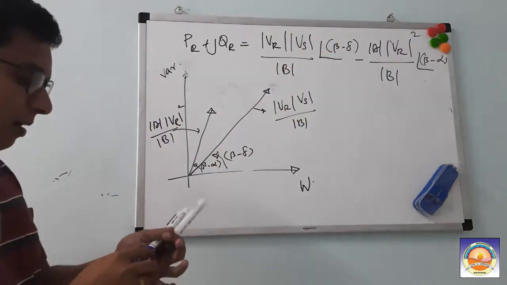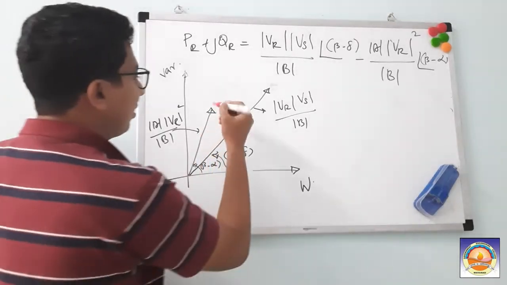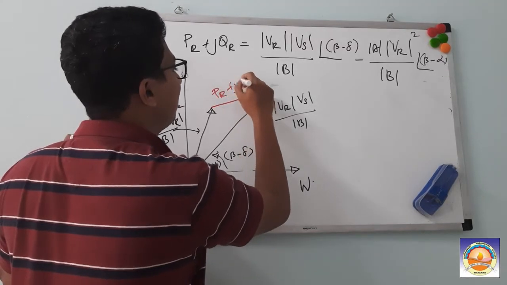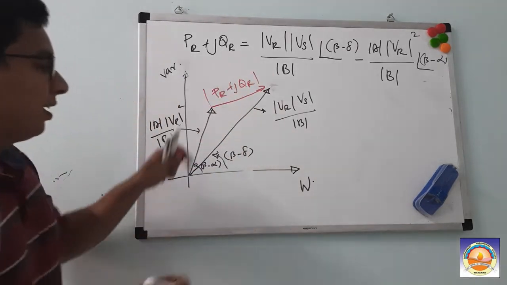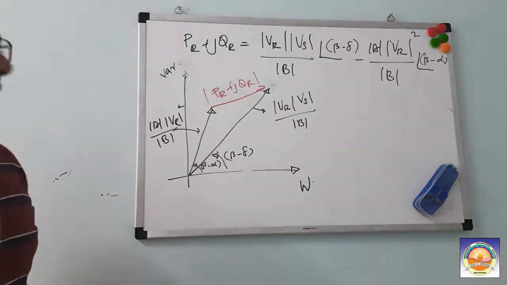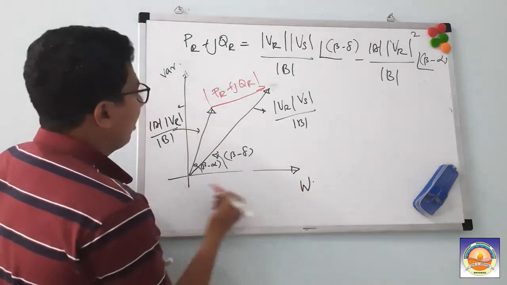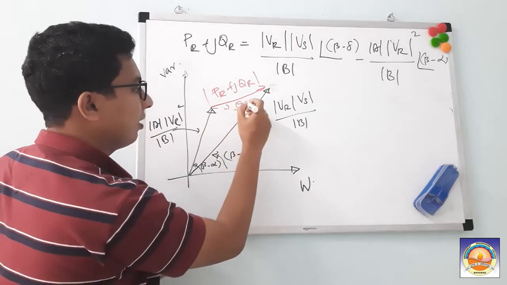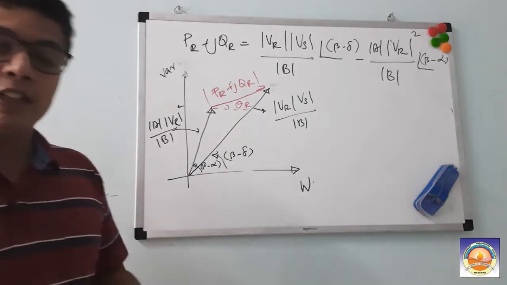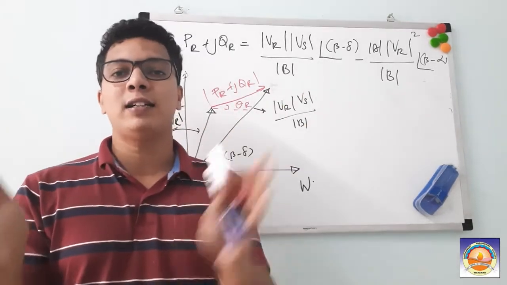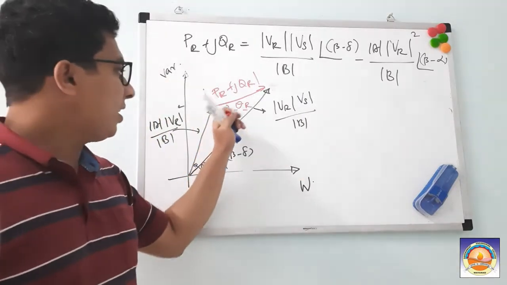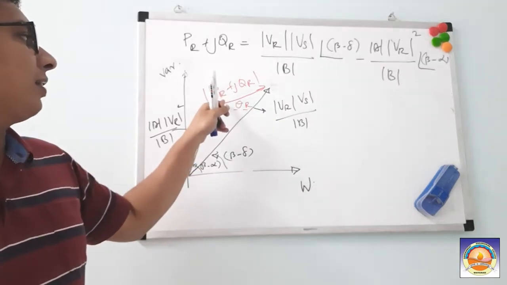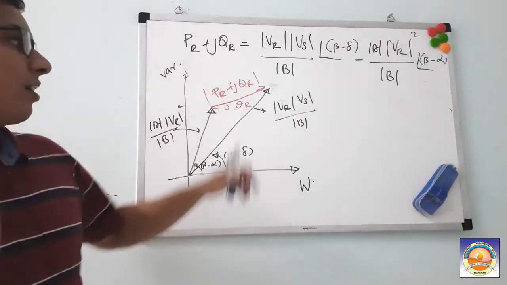So what will be my complex power? My complex power will come as a phasor like this. So this is my complex power, PR plus jQR. The length will be the modulus of PR plus jQR, and in our axes of active and reactive power, this angle here is called the power factor angle theta, which is again the angle between the voltage and current phasors. Here this angle theta is measured from the reference watt axis, and it gives you the complex power.